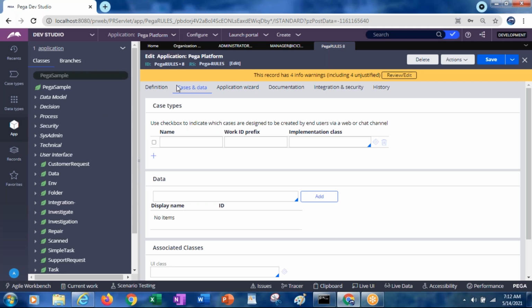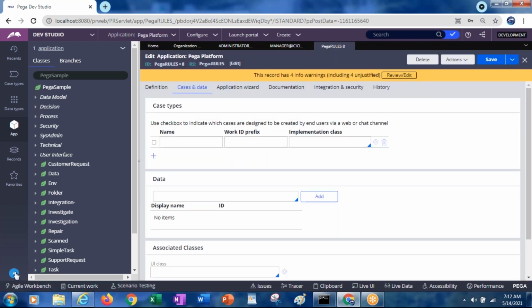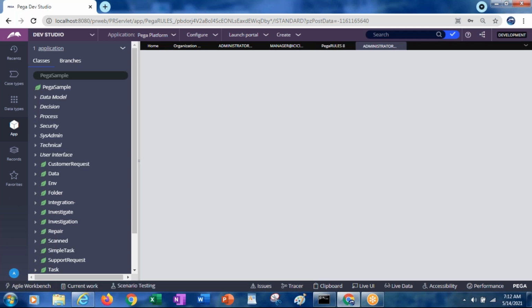We logged in as administrator at pega.com. Let's log in as administrator at icicagent.com. What is the reason it is showing default Pega applications here?